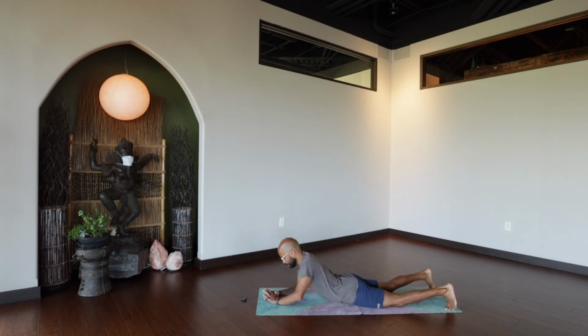And then set yourself up in a sphinx shape. So you're on your elbows. And you can have your toes pointed or curled here. It might be that you linger in sphinx and let that be what your body does. Or like a cat and cow, as you exhale,